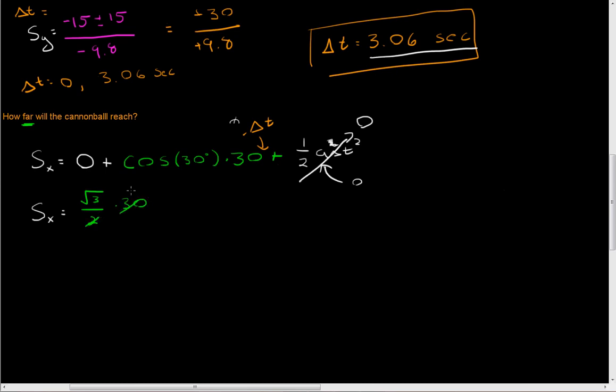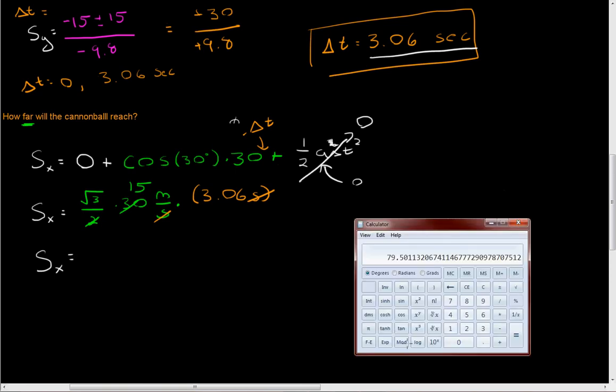These cancel with this, giving us 15 root 3 meters per second times our change in time, which is 3.06 seconds, and seconds cancel with seconds, which will give us our position in the x direction equal to,